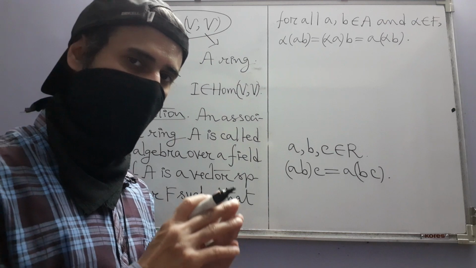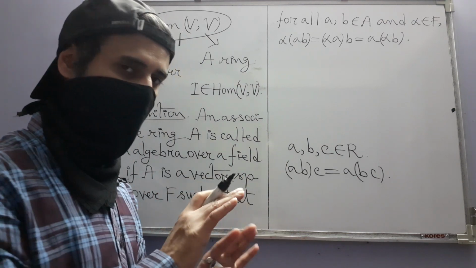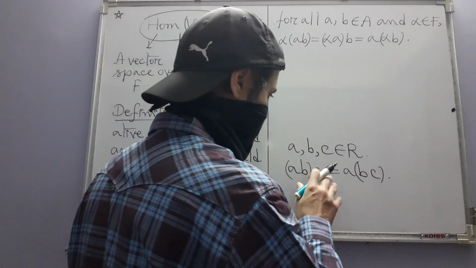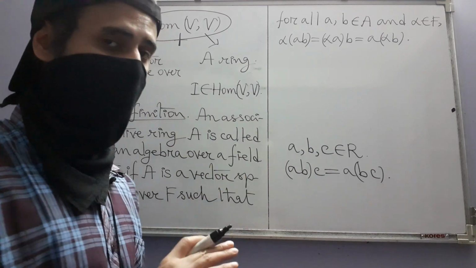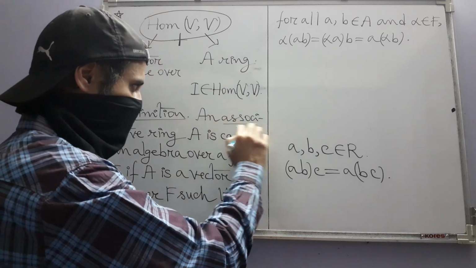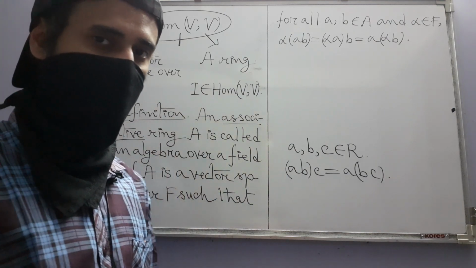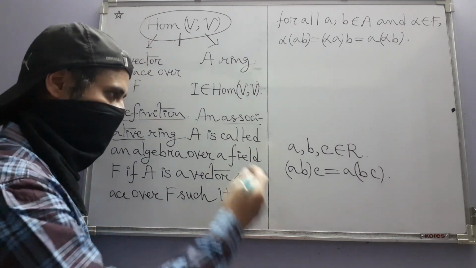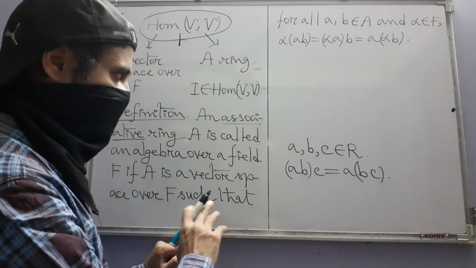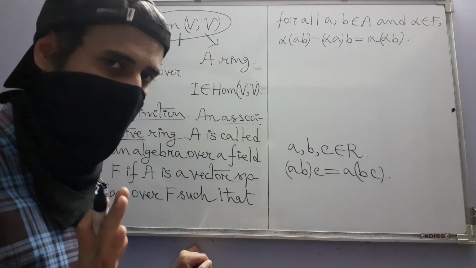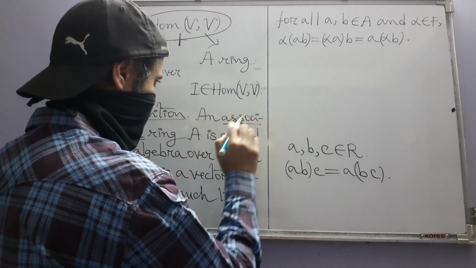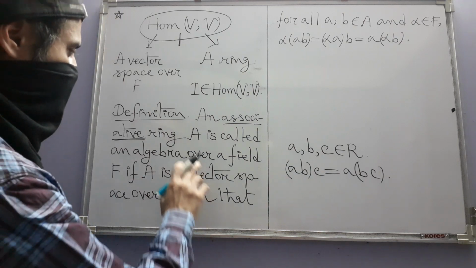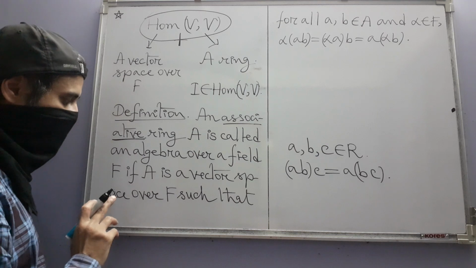Actually, that is the reality of these structures. But non-associative versions of rings are also available. I'm not going into examples, but they exist and they are also studied. They are also very important. Because in this book we will have no occasion to consider non-associative rings, we omit the word associative and simply call our structures rings. Ideally we should call them associative rings, but since we are not considering non-associative rings at all, we have decided to simply call these rings. So there is no need to be scared of this associative word. You can just say a ring. So a ring A is called an algebra over a field F if A is a vector